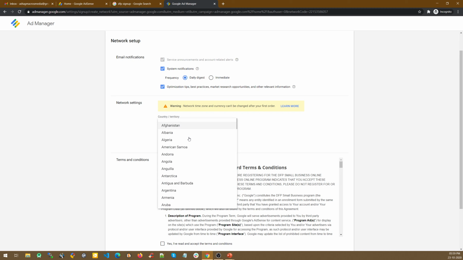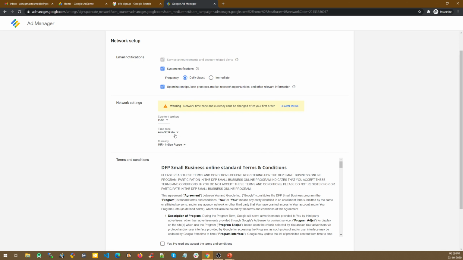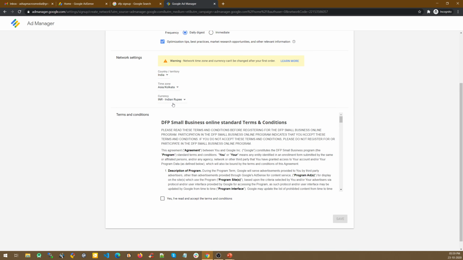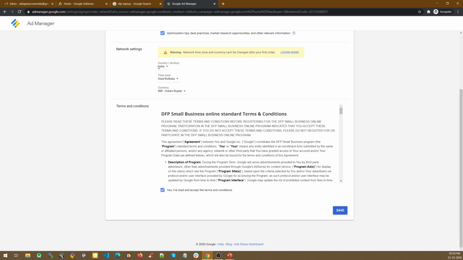Since I am in India currently, I'll just select the India option. I have another account for which I have selected USA because it contains a site which is related to the US only. So I'm selecting India, Asia, and the currency is INR. You can change these options after as well.